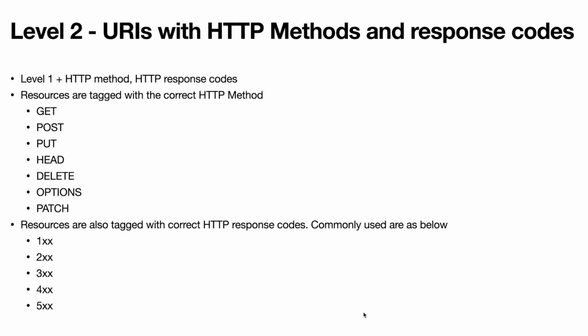They are classified into 5 classes and we will discuss the most frequently used in the respective class. 1xx. When we develop services, we don't see the usage of this class, that is 1xx. This is informative, like request is received. 2xx or 200 series. This tells request was successful and we have many classifications of this and we will discuss